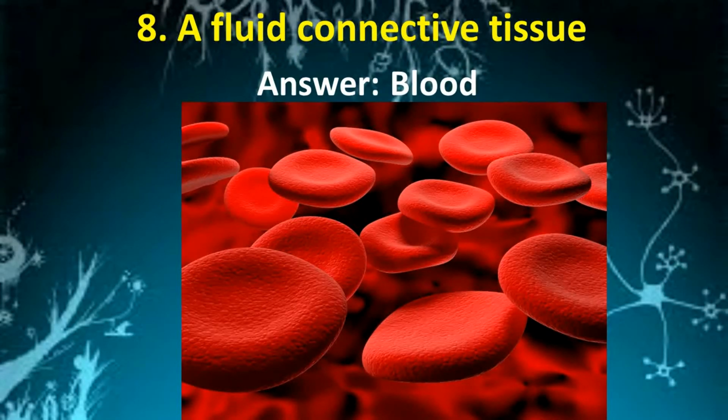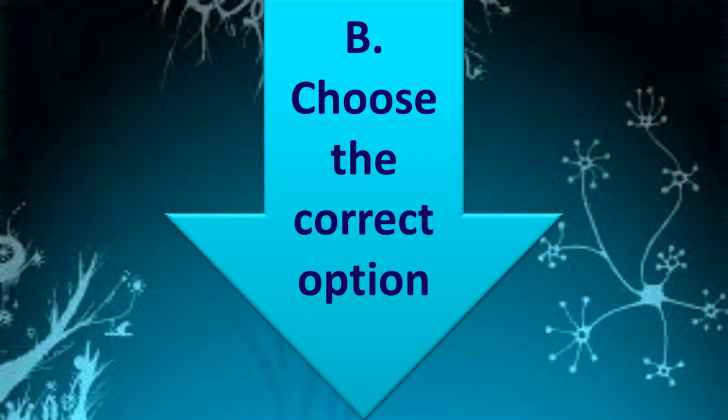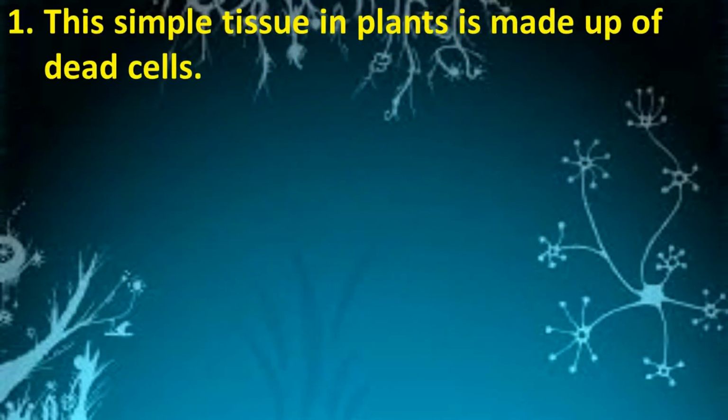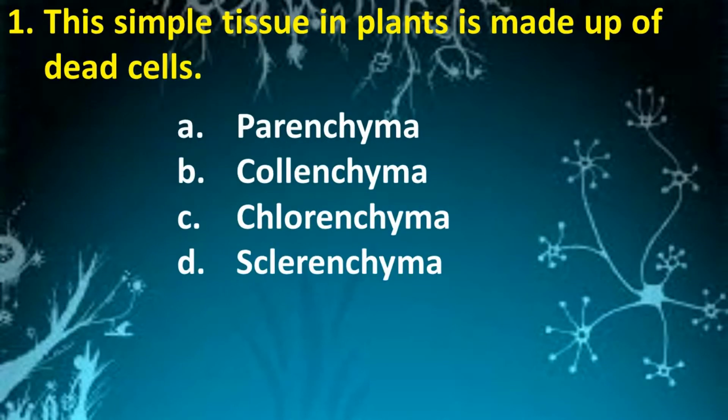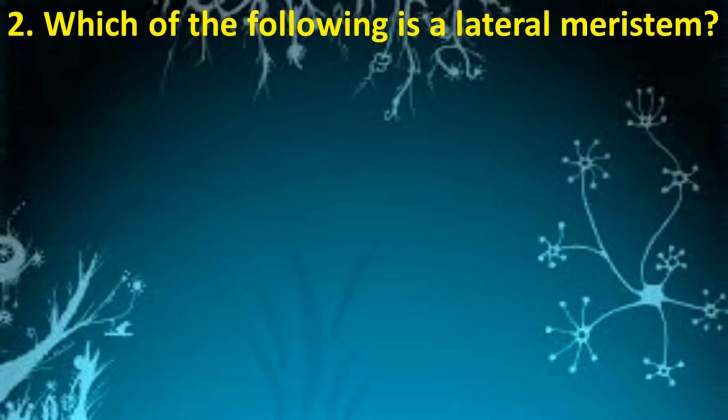blood. Next question. Choose the correct option. The simple tissue in plants made up of dead cells is: Parenchyma, Chlorenchyma, Collenchyma, Sclerenchyma. Answer is Sclerenchyma. Next question. Which of the following is a lateral meristem? Options are